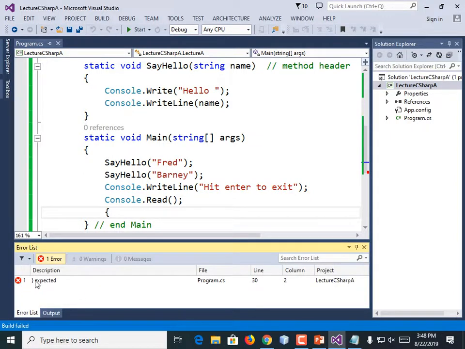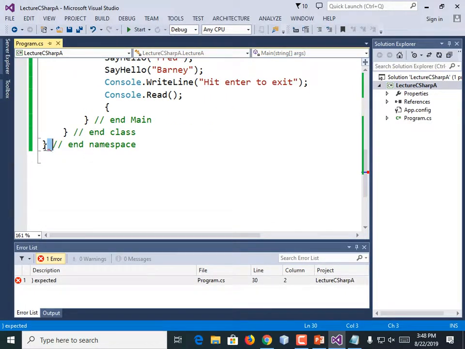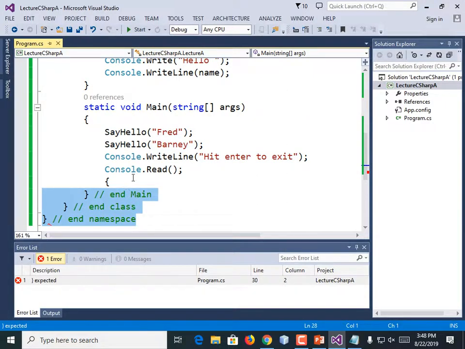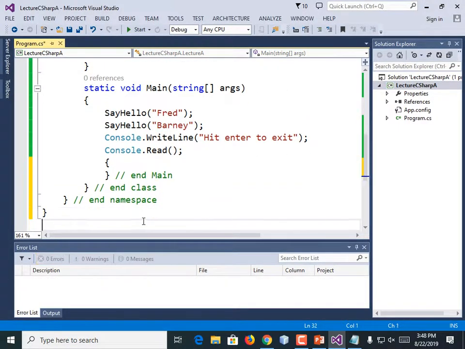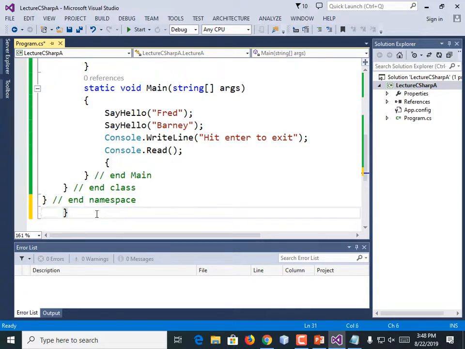In this case, the compiler's being pretty nice. It's telling you that we needed an extra closing brace. And we go there and we go, no, this is looking real good. I'm not going to need an extra closing brace there, so you're going to keep scrolling up until you find where it does, right? Because if you just tacked on another one of those, well, that doesn't look right. All right. Namespace should have been the bottom one.